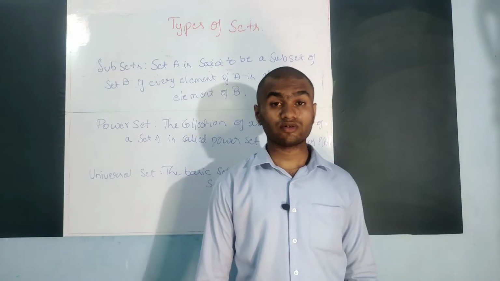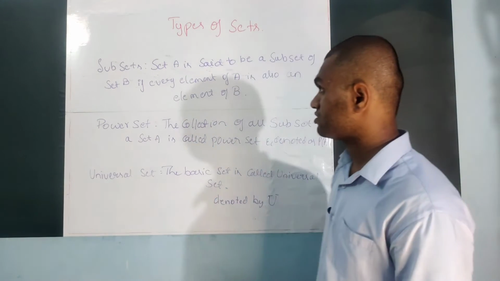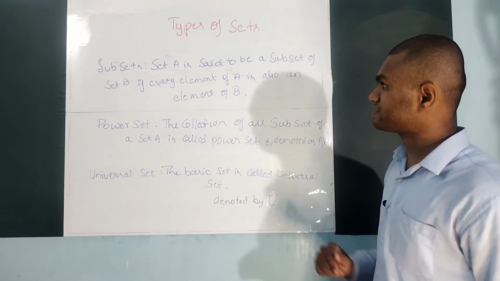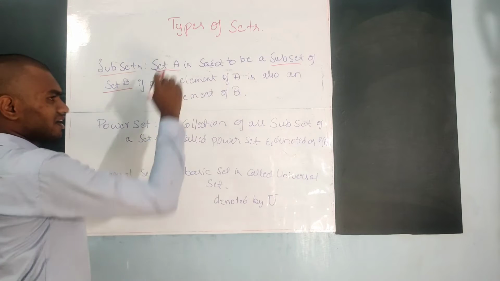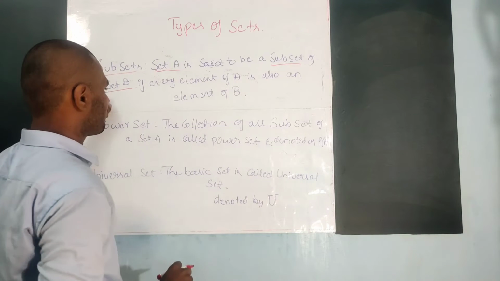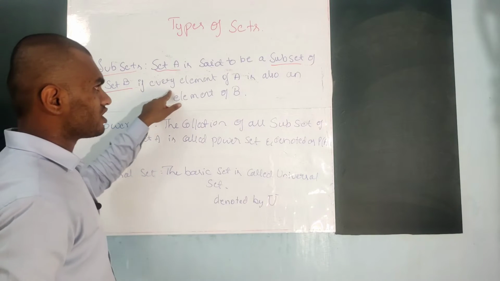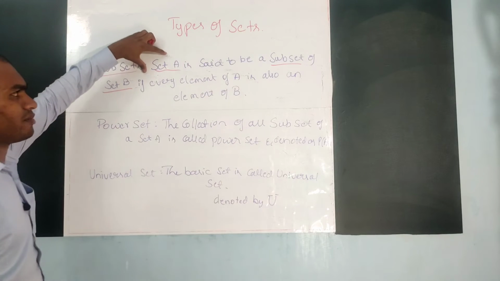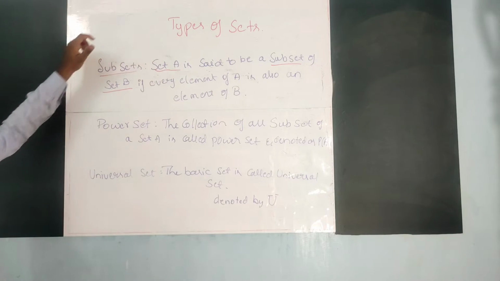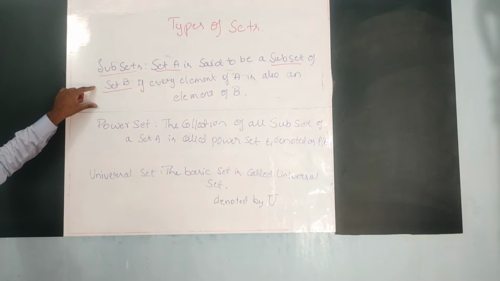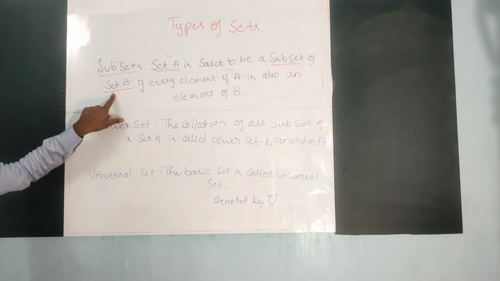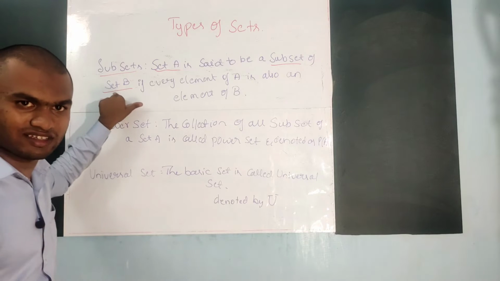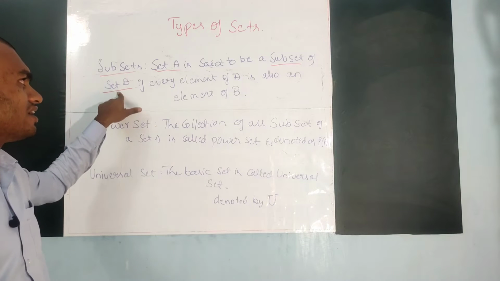After this, now let us go for subset. So what is a subset? Set A is said to be a subset of B, then every element of A, every element of set A should be contained in set B. If we want to say that A is a subset of B, then